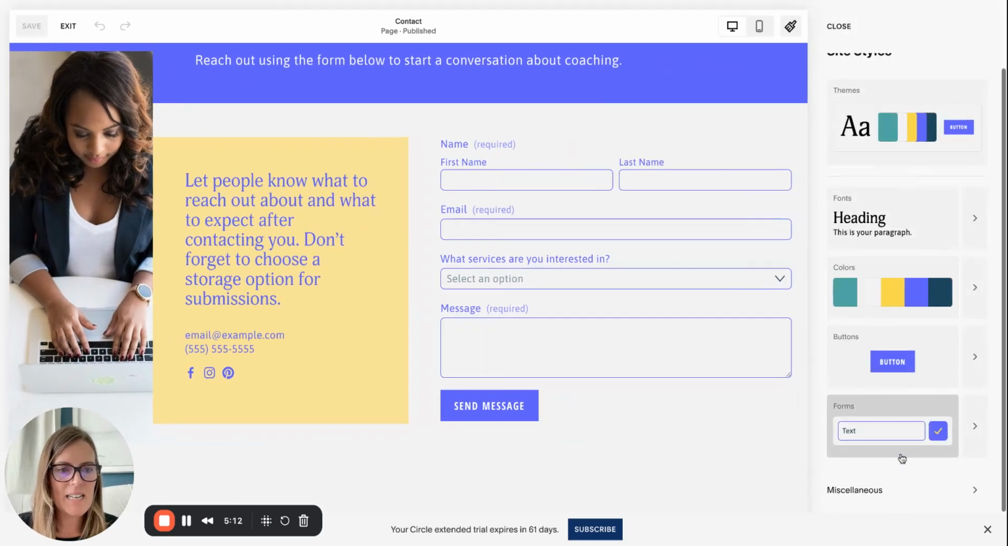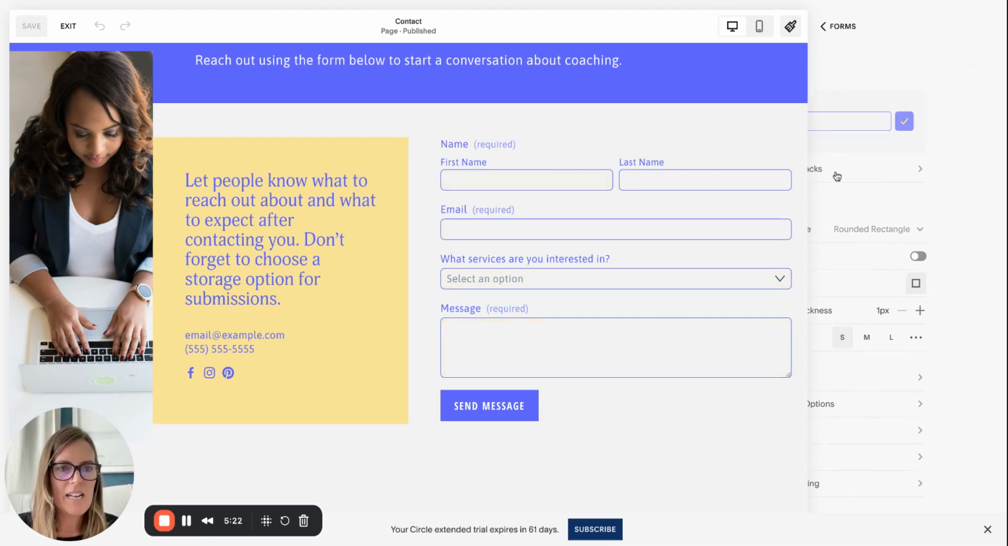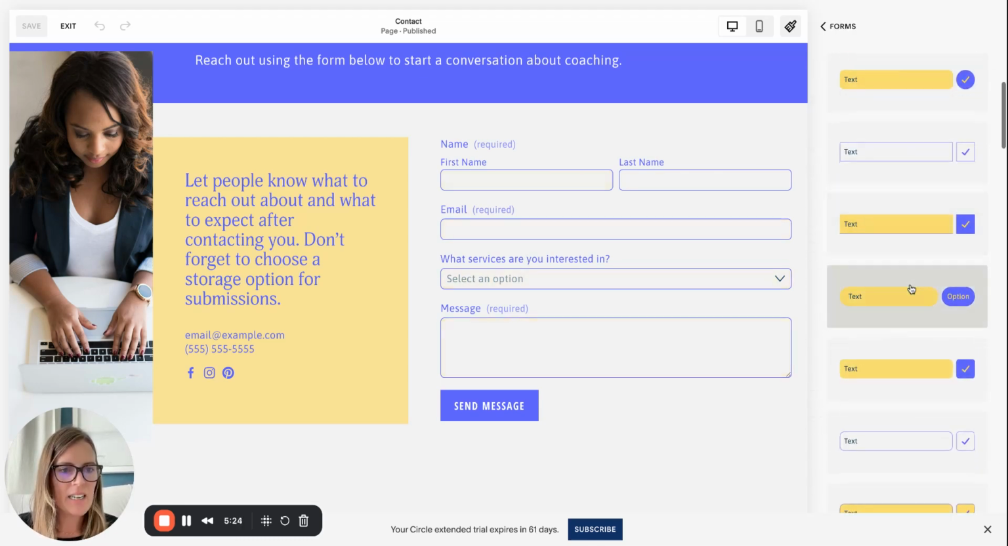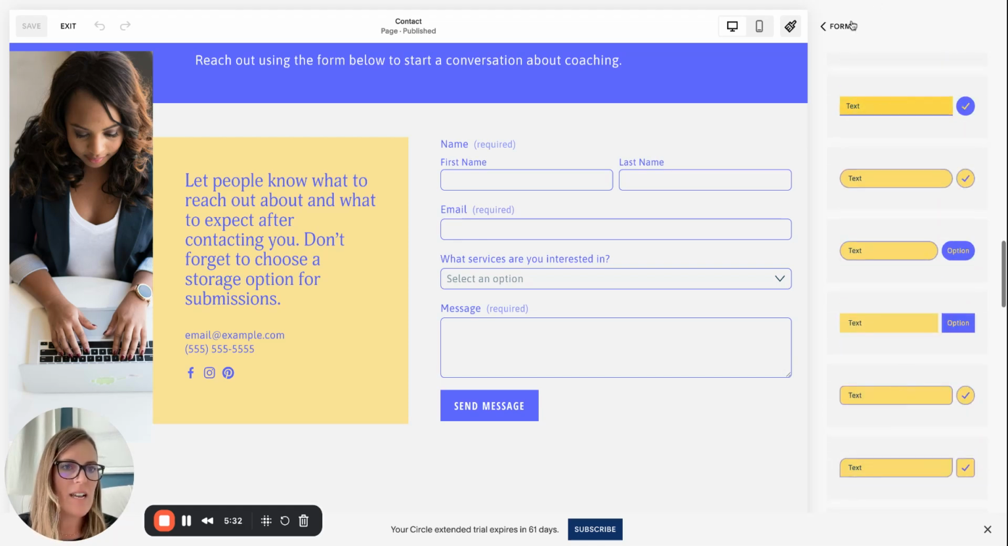And lastly, I'm going to navigate over to our book a consultation page, which is the contact page. Click Site Styles again, and you can click the forms. Now this is going to be your form section, and all the forms are going to follow what you choose. This is what we've set up for this one. And you can click all form packs, and you can kind of navigate through these. Again, same like the buttons. If you like the round style, if you like this style, you can choose your favorite style there,